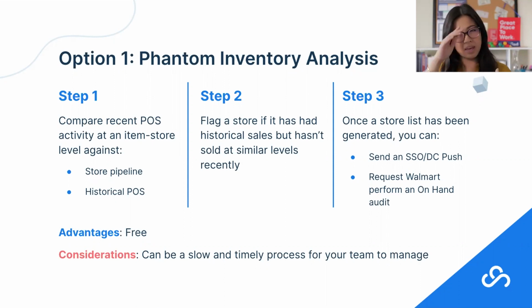I recommend against doing week over week comparisons just because retail can fluctuate so significantly. Your item could have been featured in TikTok one week and you're going to see things sell at 20 times the normal rate. And so you want to make sure that you're establishing a baseline when you're comparing your POS